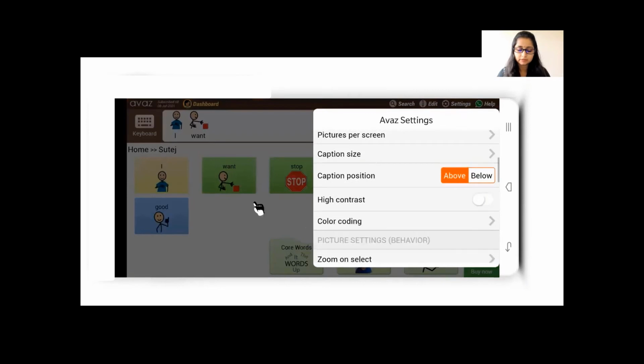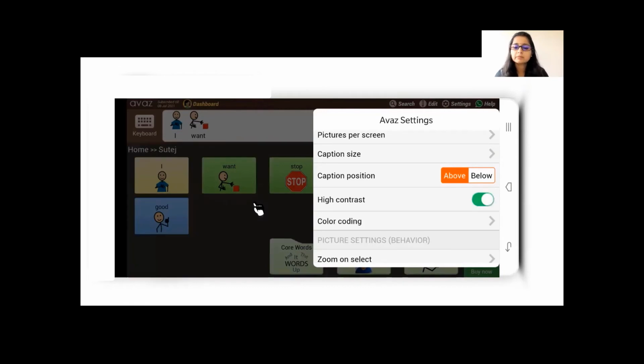So that's one feature. So what if your user, AAC user, child, or an individual has some visual impairment, as seen in cases of cortical visual impairment, or in partial vision loss? In such cases, the high contrast mode can be turned on.